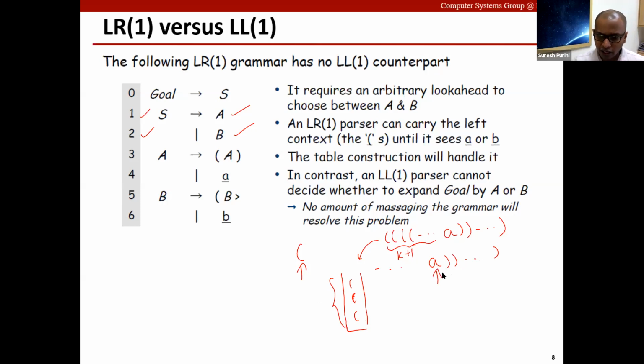And then when the parser looks at A, it knows that it has to use substitution rule 1, and then carries out the derivation process by using a sequence of reductions. So this ability to use the stack to shift the symbols so that they can be referred to later is what gives the power to bottom-up parsers. This is an important example to keep in mind in order to compare and contrast between LR1 grammars and LL1 grammars.